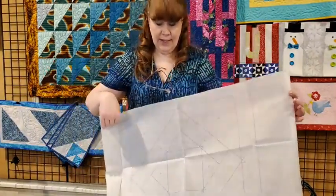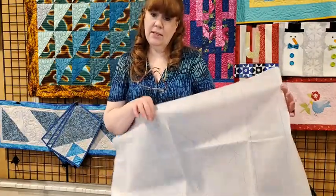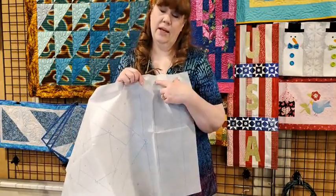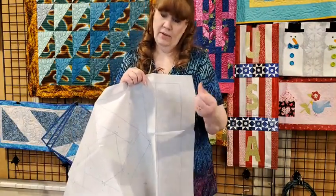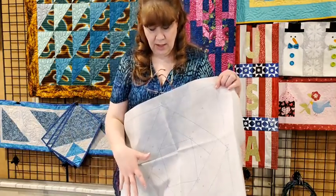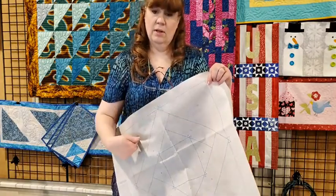Okay, so all of it is laid out for you. Add your fabrics and sew and flip. Now this stays in, so you don't have to remove it. They give you a little piece for the heading, so everything's going to be the same weight. After you get your pieces put on here and stitched and flipped, and you've got a full item here, you're